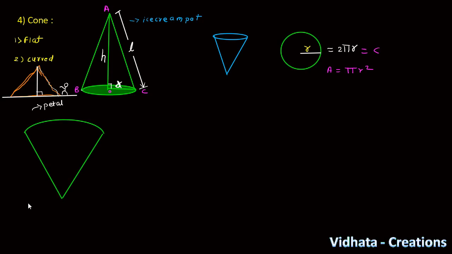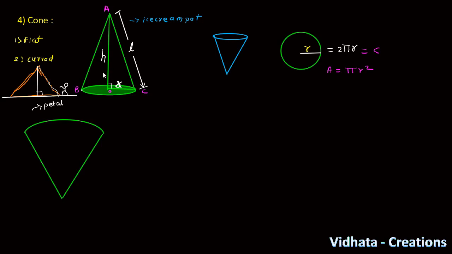Now there is one art. By using the art of mensuration, here you think that it is complicated to find out the area of this petal type of shape. You can easily get the area of the flat surface in the form of a circle, that is pi r square. Now our problem is how to find out the area of this petal type of shape, which is actually curved.